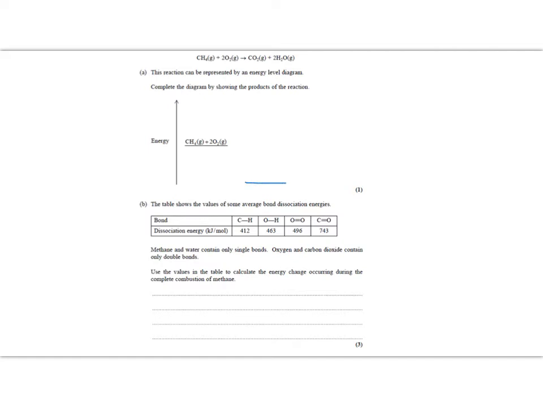So the reaction is going to be below, and it's important that you label with the specific products. So we've got CO2 and H2O, and we've got two of those to match up with what's in the equation. Now in the next part of this question, part B, you have to work really, really hard for your marks. And I think it's important that you draw out the structure of what you're starting with and with what you're finishing with. So you start with methane, which is CH4,